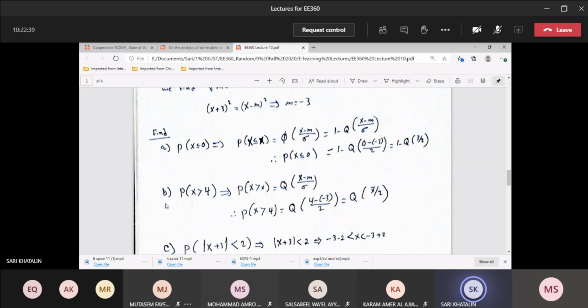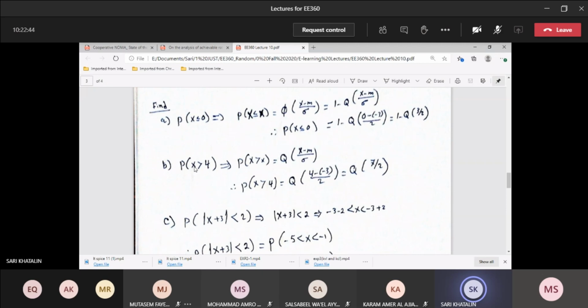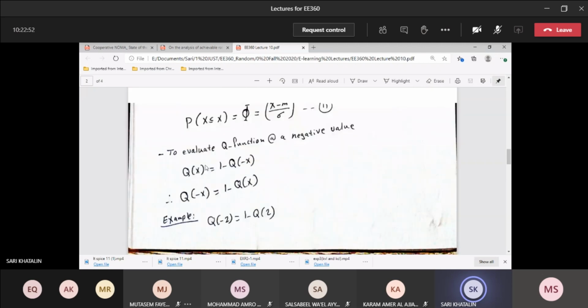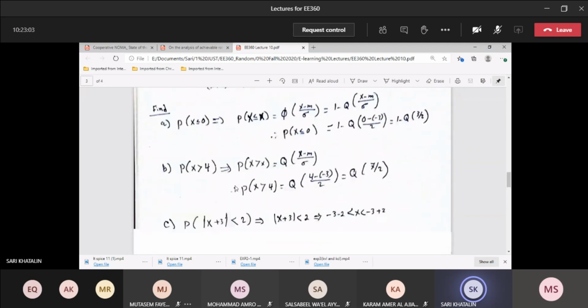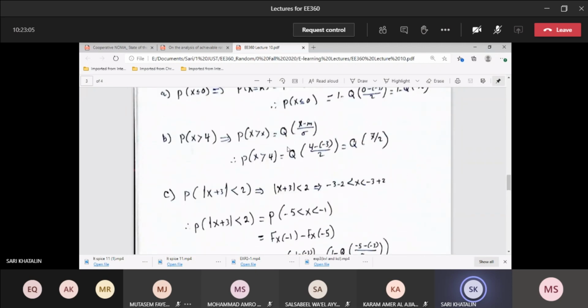Similarly, for part B, it's showing the probability of x larger than 4. If you go back to the previous page right here, it's equal to Q of x minus m divided by sigma, equation 10. So we applied this right away. In this case x would be 4, and m and sigma are already found. So you just plug in the numbers and it's going to be Q